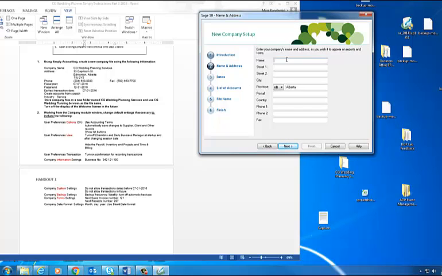The name of the company is CG Wedding Planning Services, so go ahead and put this information into Sage. The address is 33 Capricorn Street. City is Edmonton, Alberta. Postal code T5J 2Y2 in Canada. The phone number is